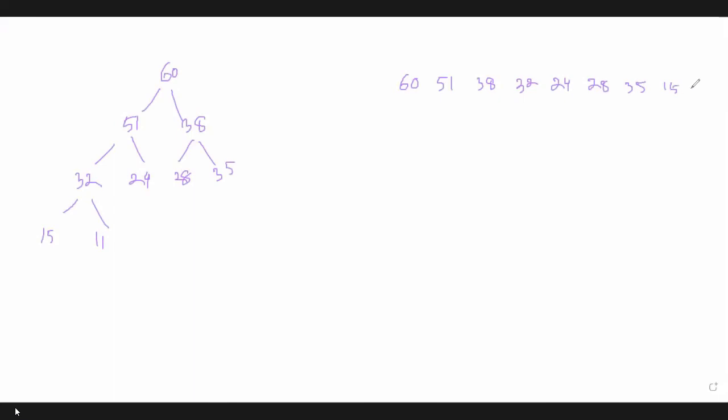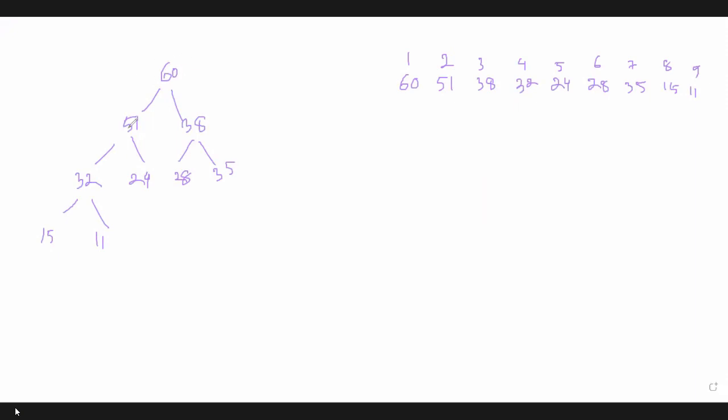So all the nodes are sequentially placed in the array and their positions are 1, 2, 3, 4, 5, 6, 7, 8 and 9. Okay, so in insertion, suppose in this tree we want to insert a new node. We'll insert it at the end of the tree, as the last element of the tree. That means we'll insert a new node here, isn't it?